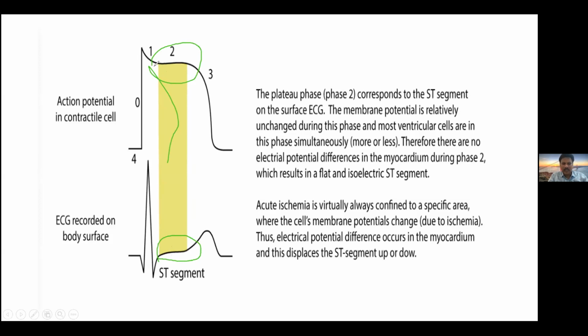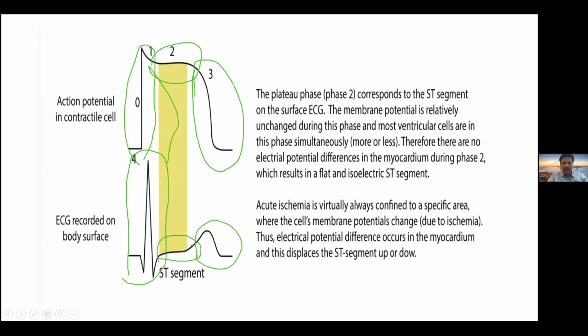See here in the action potential, what happens in the cardiac myocyte, there is a silent phase. From 0 to 1, there is an elevation. Then you have a silent phase. One phase is meant for depolarization, that is the QRS complex. The other phase is repolarization, that is the T wave. Between these two phases, you have a silent isoelectric phase, which is called